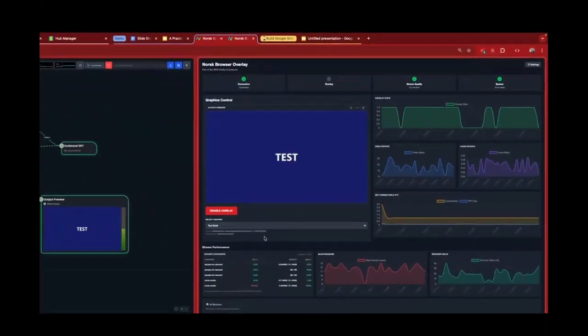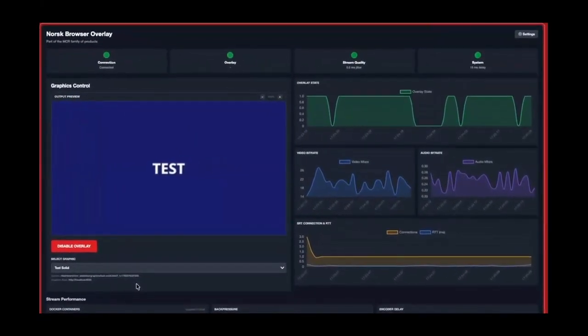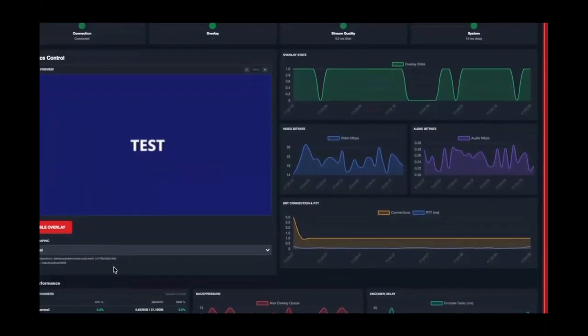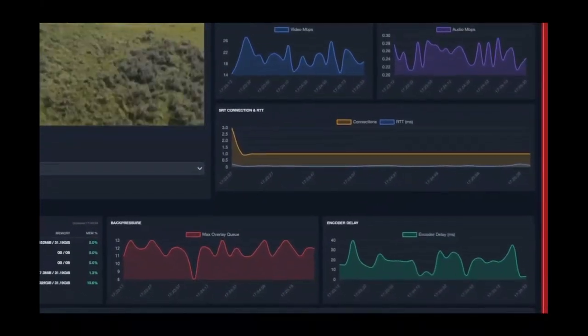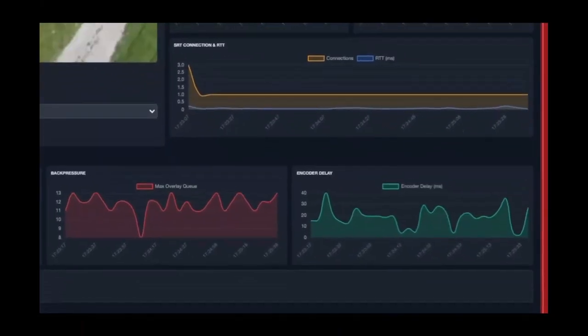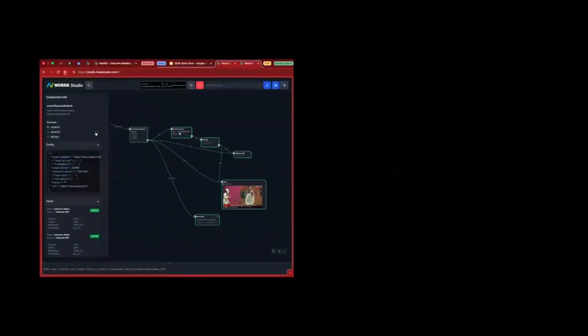So in this MCR-focused example, I use that to build a control room dashboard that lets you operate the system, turning graphics on, turning the overlays on and off, and I was seeing how that was affecting the encoder delays and so on. So you can chart and represent what you need in the control room, and the control room's no longer guessing. But take that an extra step, and it becomes interesting for people running real-world broadcast operations,